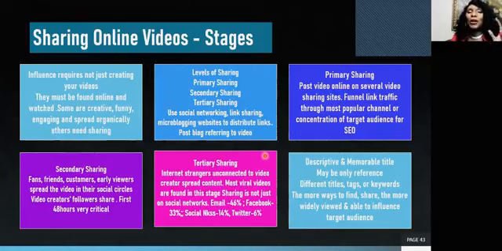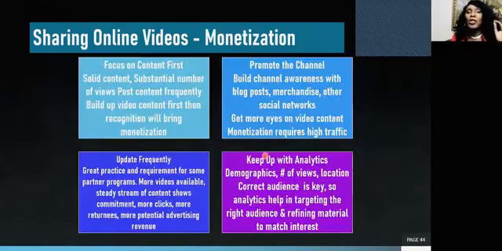But essentially, understand that the guidelines for sharing of your video, the guidelines for making sure that your content is appealing. It's also important for you to know that you're able to monetize your online videos that you post. And if your goal is to monetize your videos, you want to look at this guideline and see how you can